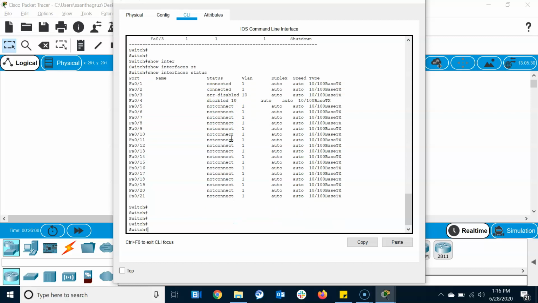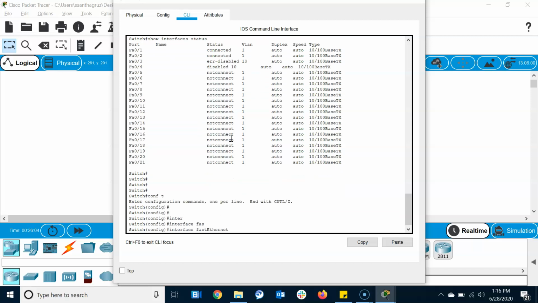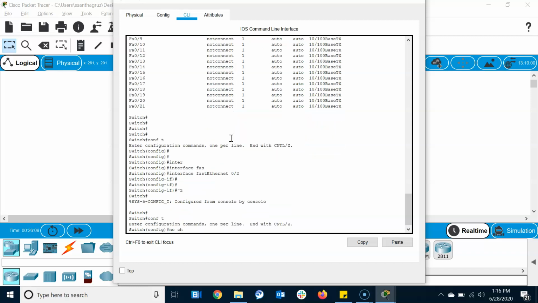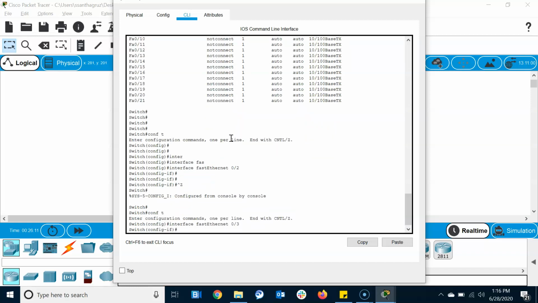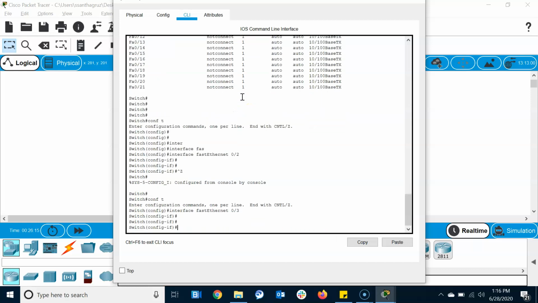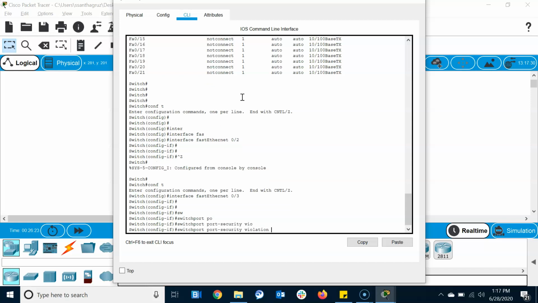Okay, so now what I can do, I'm going to configuration mode again. I'm just going to first 3, sorry, and the second mode I'm going to talk about is the violation restrict mode.